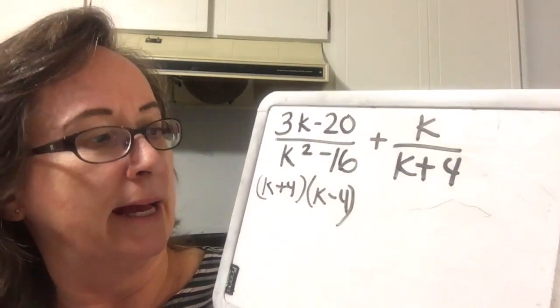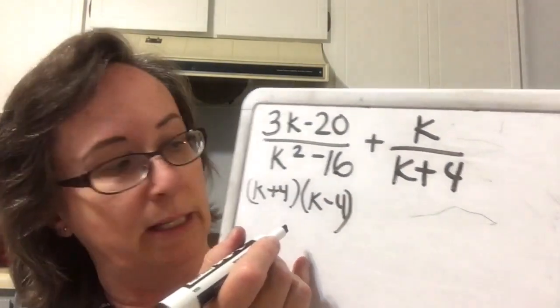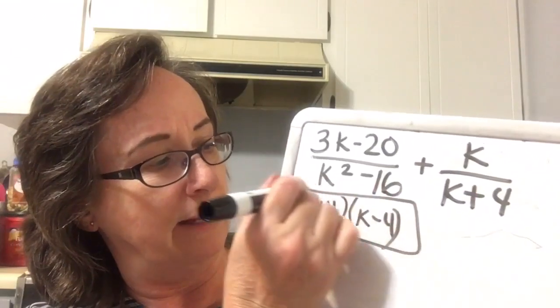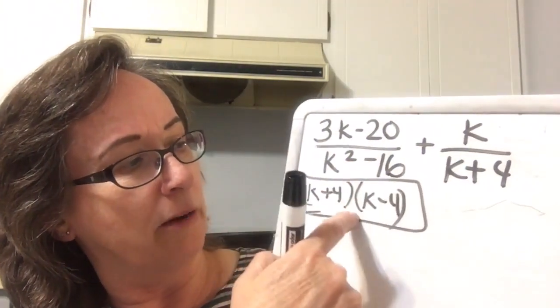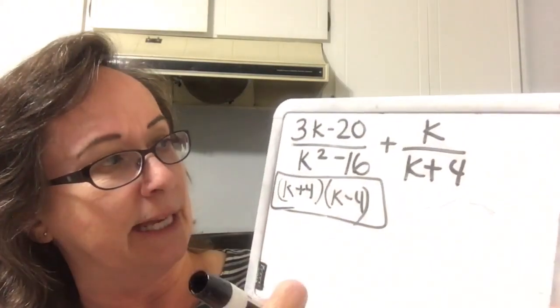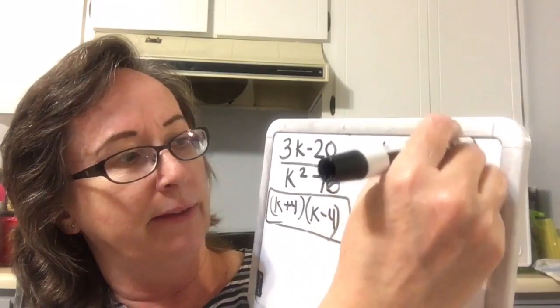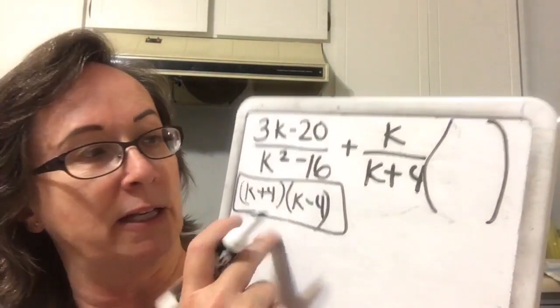And so since this one fits into the other one, this one is my LCD. Okay, so this is my LCD. This one is already over my LCD, so I don't have to do anything to this one to get it to be equivalent. This one I'm going to multiply by what's missing, and what's missing is a k minus 4,